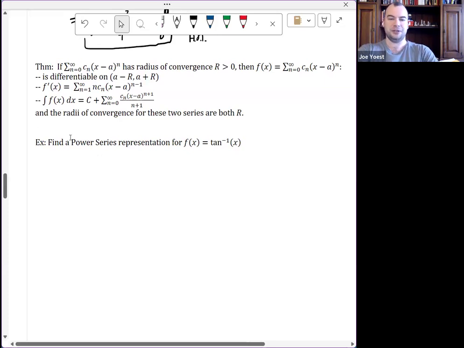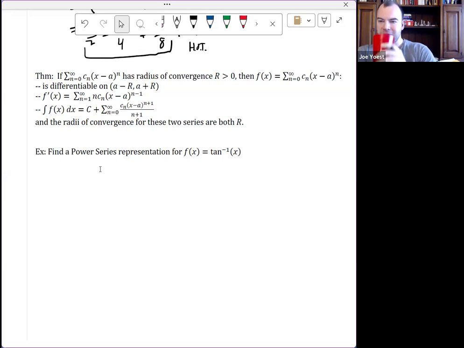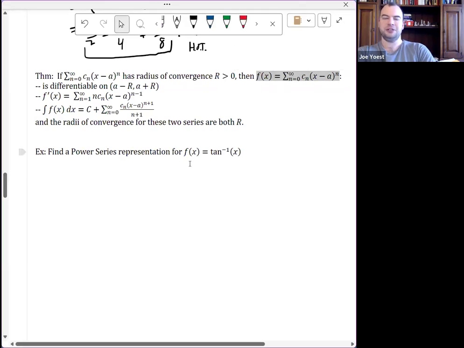Okay, so we have an interesting theorem here. Suppose we have a power series centered at a, sum n equals 0 to infinity, c n times x minus a to the n. And suppose it has a radius of convergence r bigger than 0. Then consider the function represented by this power series. We can say the following about it. Note that what we assumed was we have a power series with a positive radius of convergence. That's our assumption. We can then say the following,